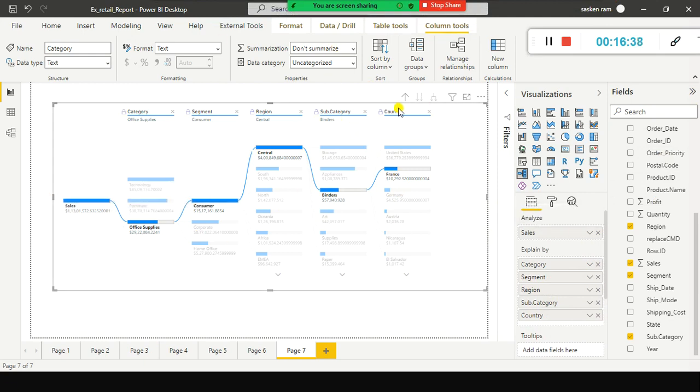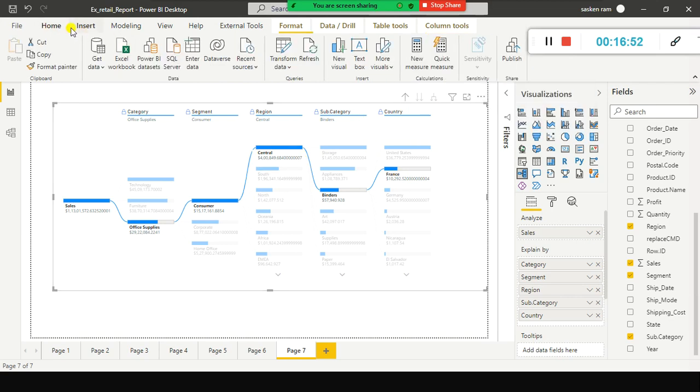This is very cool, nice feature. Here you can see the lock. For example, if I lock it here, or if I lock it here, it's already locked. Once you lock it and publish it on the cloud, the end users cannot modify this one. It's a kind of read-only access. That's the reason they've given the lock here.